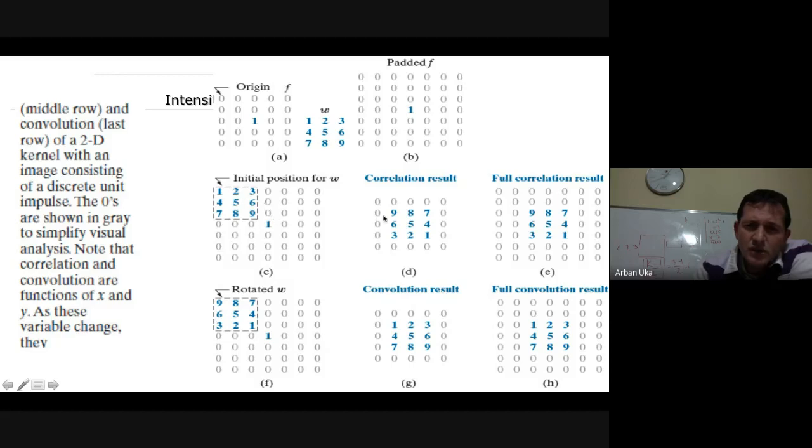So at this location we're going to get a 0, which is going to be written right here. If this kernel moves one row lower and one column to the right side, then we will simply have 9 multiplied by 1, and all the other numbers are multiplied by 0. So that's how we get this 9 here. Okay. Now, if we move this to the other side, this is what we observe.